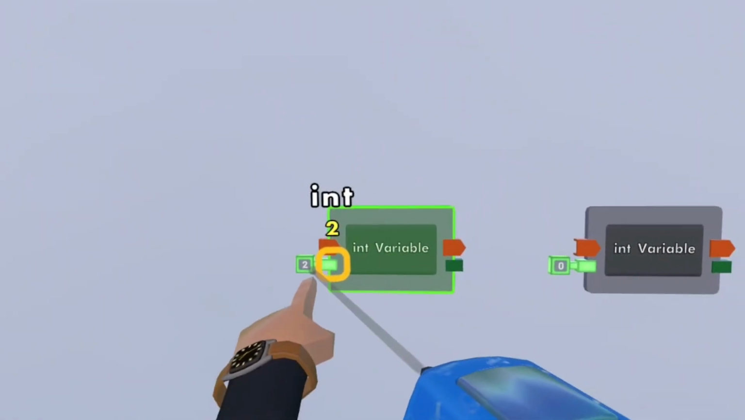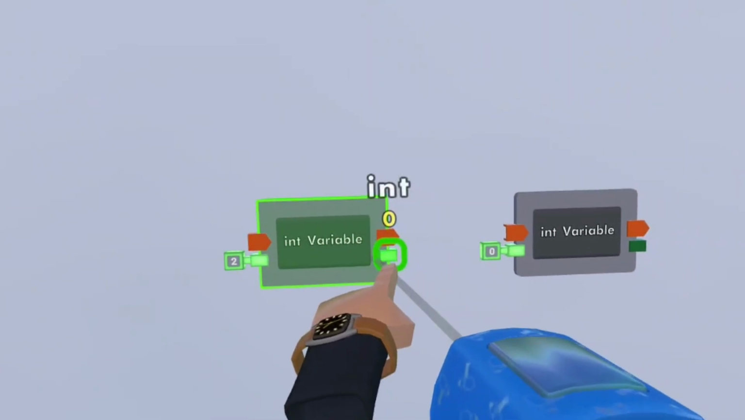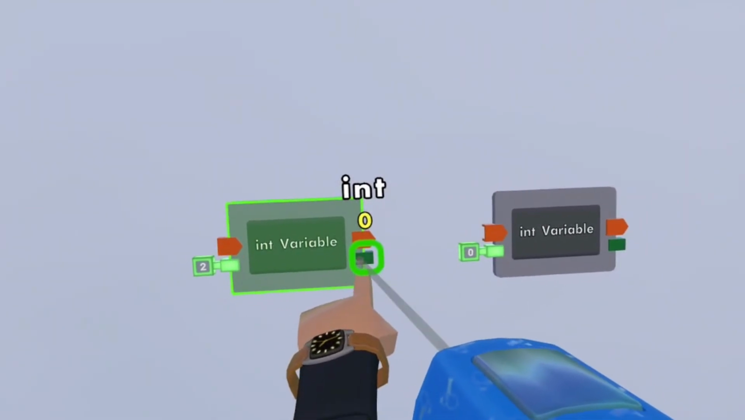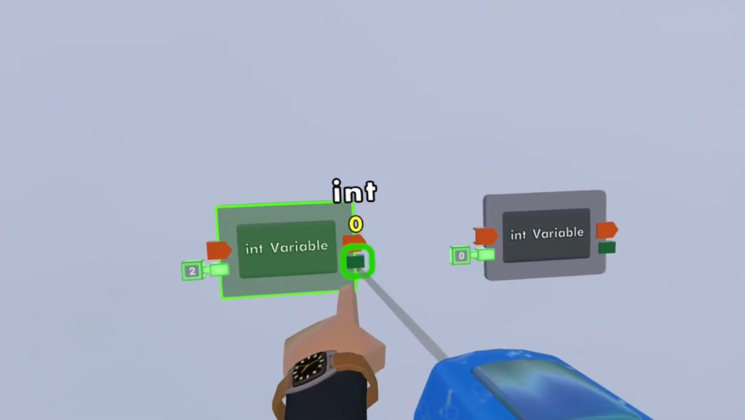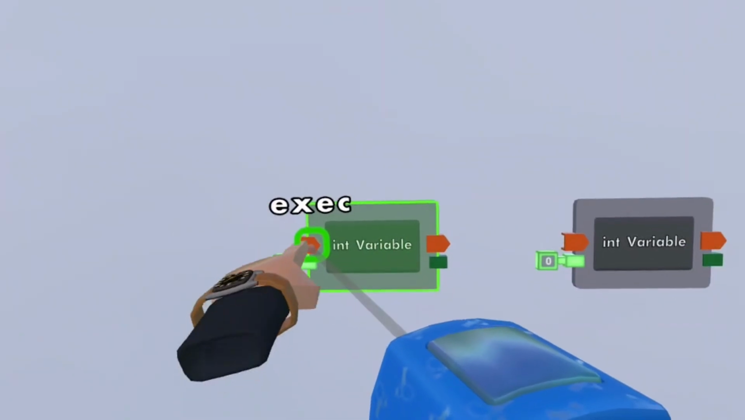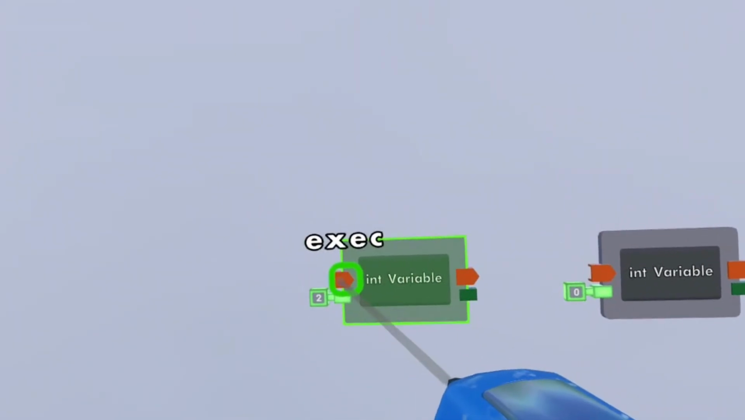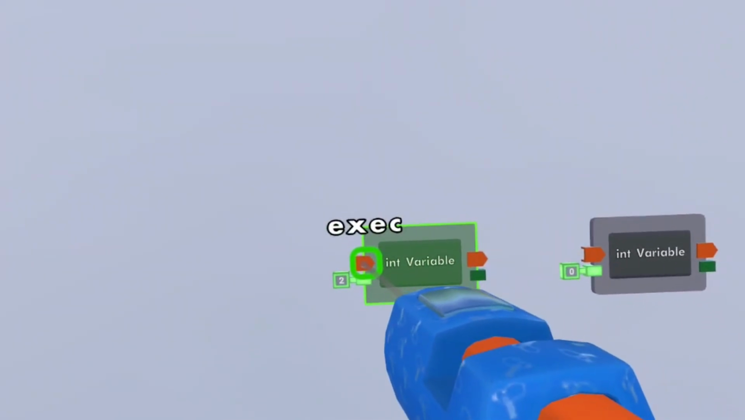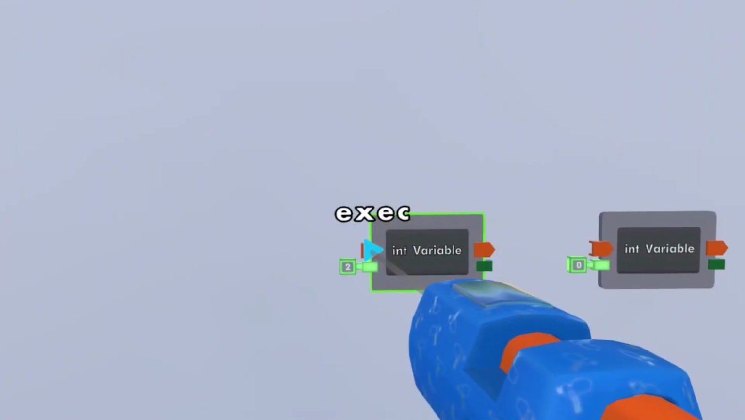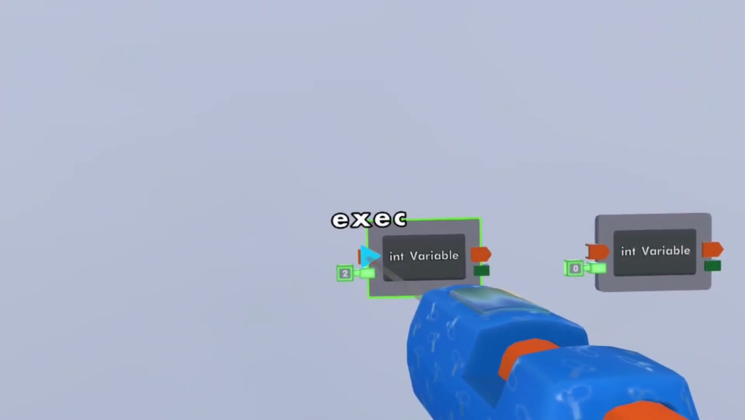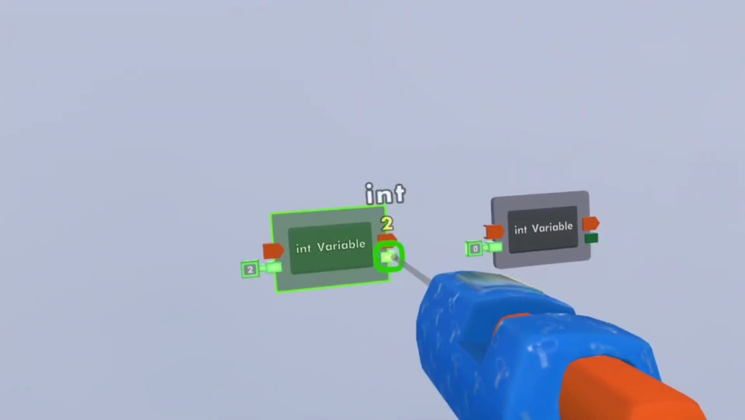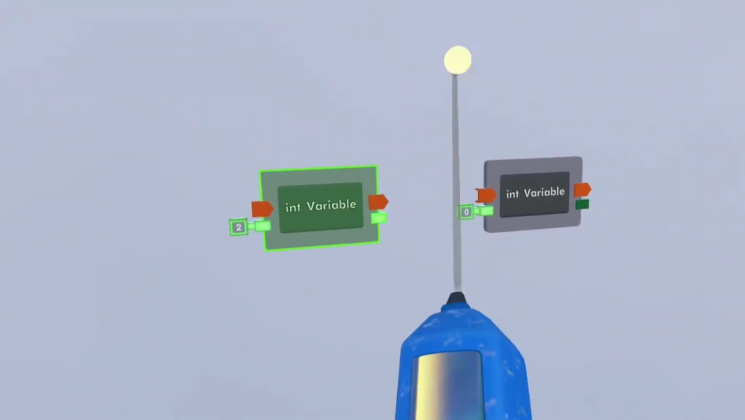Alright, so I have 2, but the actual value of the variable hasn't changed yet. To do that, we need to play this execution. Now, you can do this manually by holding down until you see a blue triangle and then letting go. This will play it and set it to 2. Or